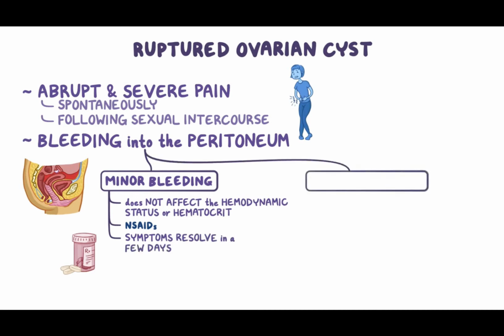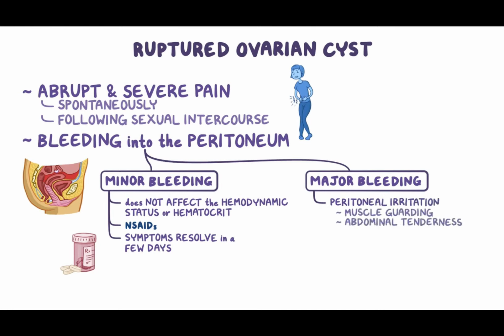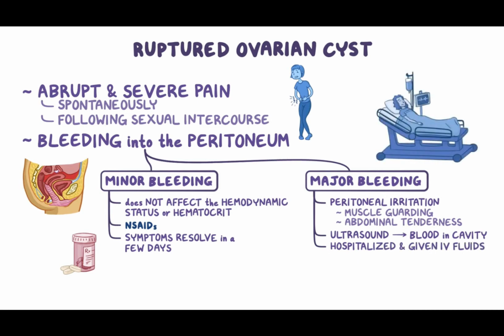On the other hand, if there's major bleeding, it can cause peritoneal irritation, like muscle guarding and abdominal tenderness. A transabdominal ultrasound will show blood in the peritoneal cavity. Individuals with stable vital signs should be hospitalized and given IV fluids, and get closely monitored for vital sign changes and drops in their hematocrit. If there's hemodynamic instability, or if the hematocrit continues to fall, then surgery is recommended to stop the bleeding and